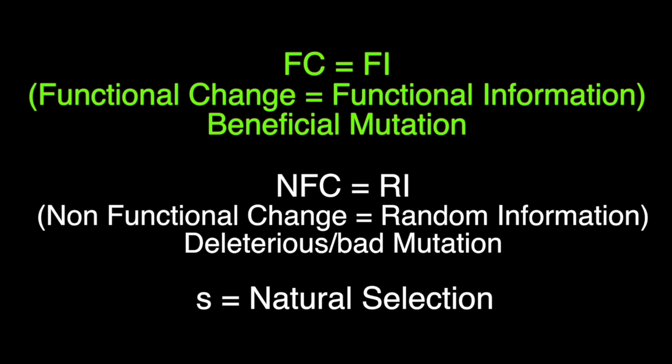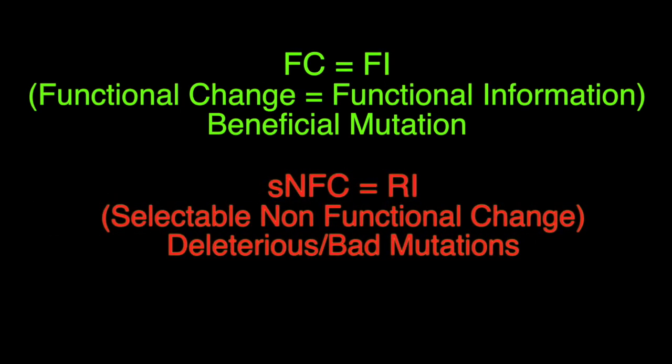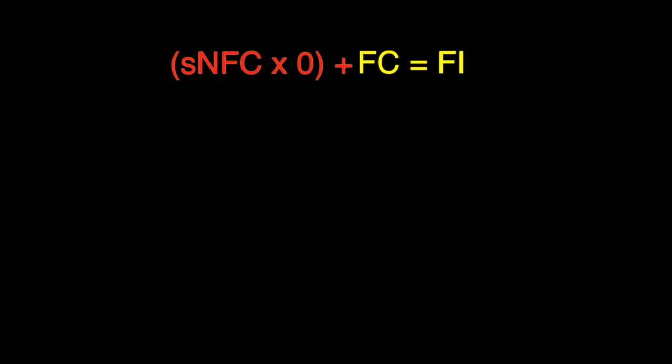Beneficial changes are not selected away, but we do assume that selection will have an effect on those non-functional changes, as they will make the genome more random. So we will add S to these non-functional changes. So in school and textbooks and on YouTube, we are all taught the following. We are taught that some mutations or changes are deleterious or bad for survival, and those are selected away. So we will multiply those changes by 0 since they are selected away. And with a little math, what we're left with is just the functional changes.